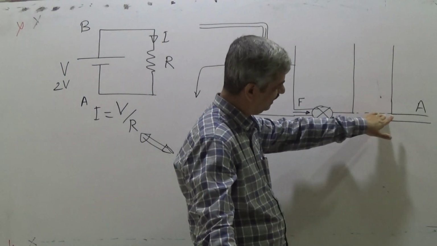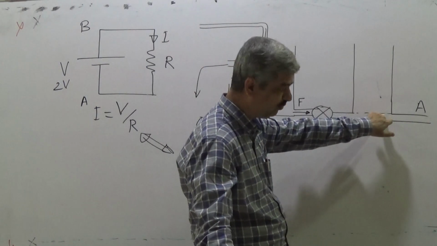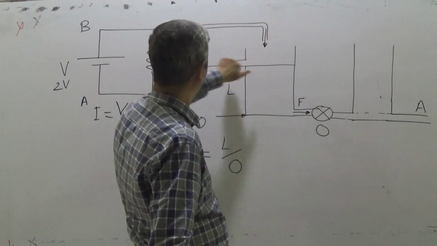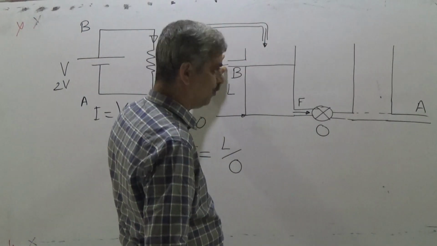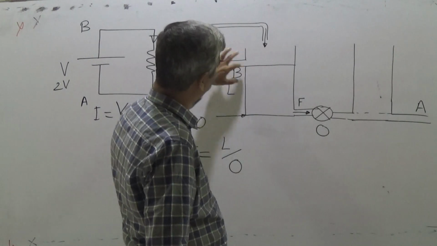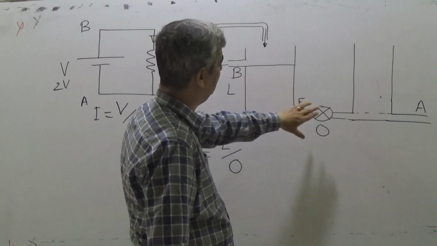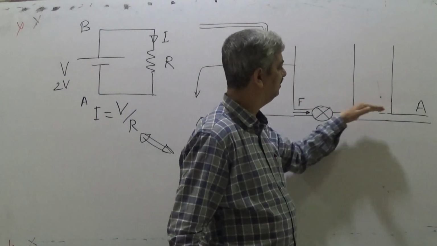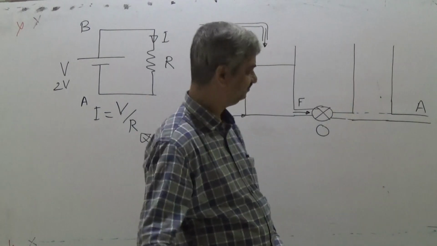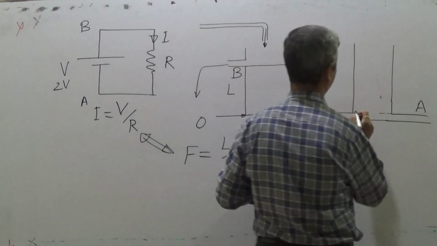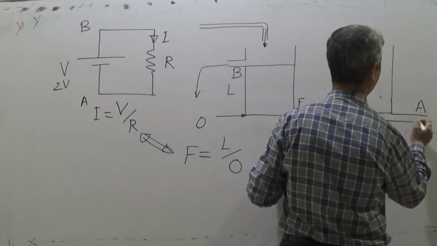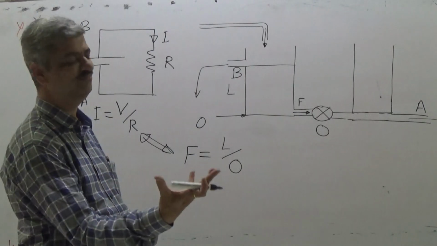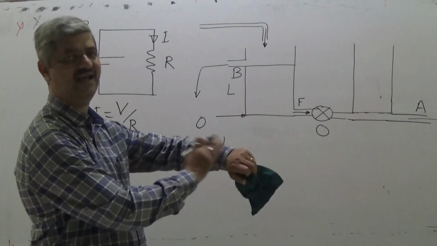So we can say water level A is 0, water level B is L, because water drains from this, what we can call an overflow tap, so it always maintains level L. Now if you open this valve, what will happen? Some water will flow here and a constant water level is maintained and water will come out. You can either put a flow meter or you can measure using a measuring flask and a clock.